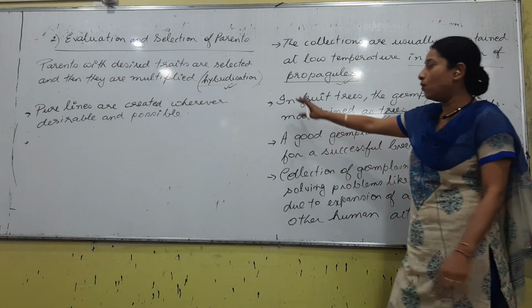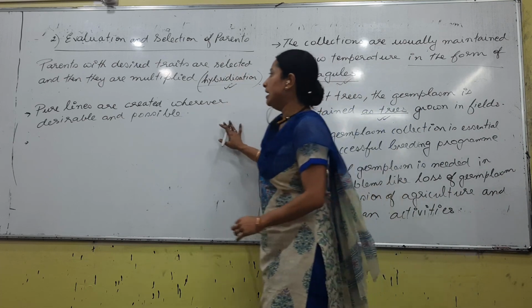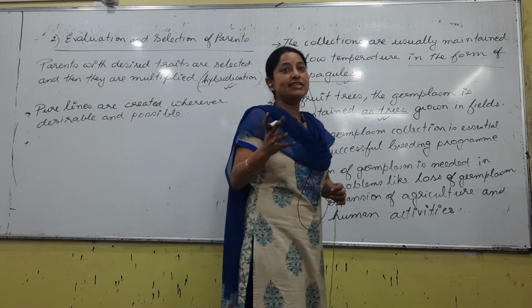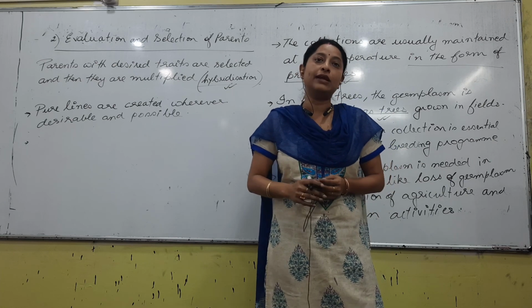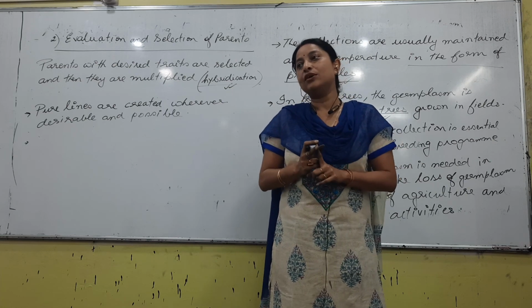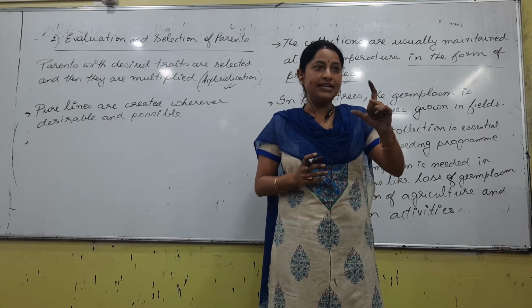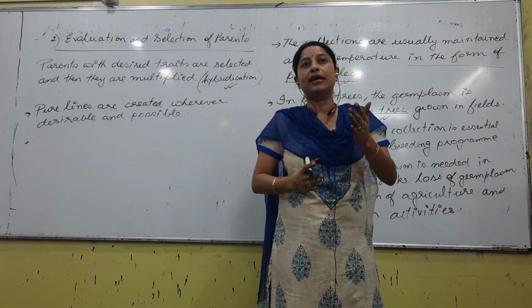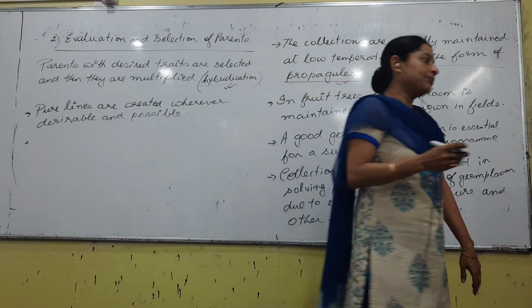As far as hybridization is concerned, there are some more words that we will write. Next, pure lines are created. Pure line: when a self-pollinated plant is crossed and produces offspring, what do we call that? Pure line, right? The word is not referred to cross pollinated plants. A pure line is when a single parent plant is crossed and produces an offspring, that's a pure line. A cross means a mixture of two different parents. Okay.